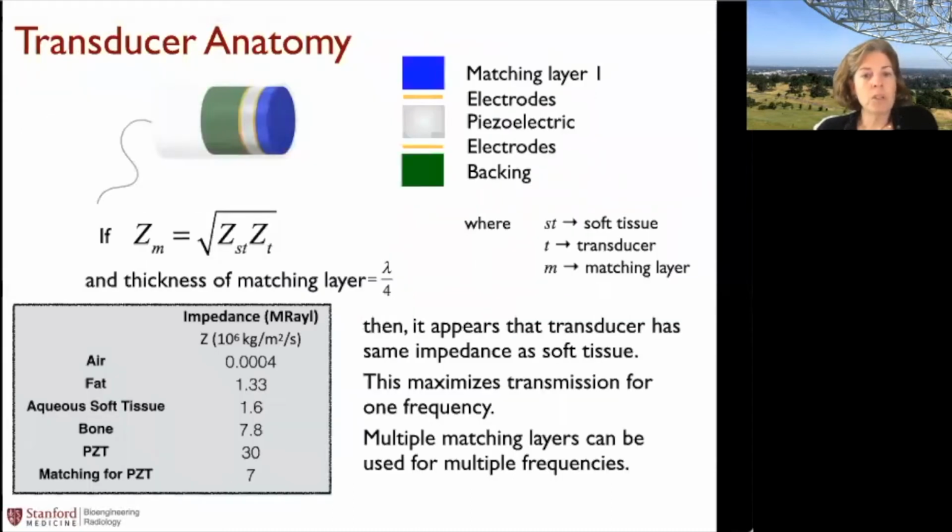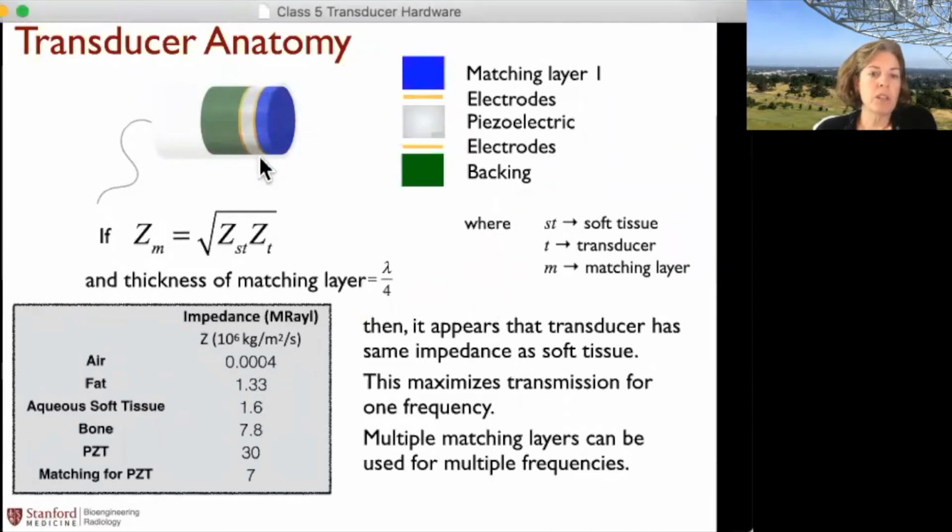Okay, next I want to talk a little bit about the matching layer. The matching layer goes in the front, and the idea is that the transducer itself, the piezoelectric crystal, has a very, very different impedance than the soft tissue that it's up against. So the idea of the matching layer is to put in another layer with a different material, which is going to be in between the other two. And so in some sense, you can get better transmission through that matching layer if you've got that extra material in there. Instead of having almost 100% reflection, you'll end up having a smaller reflection through each